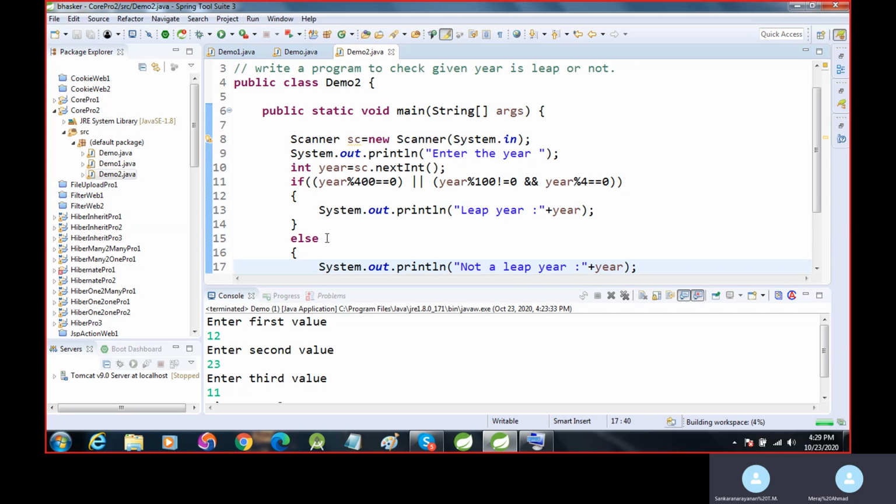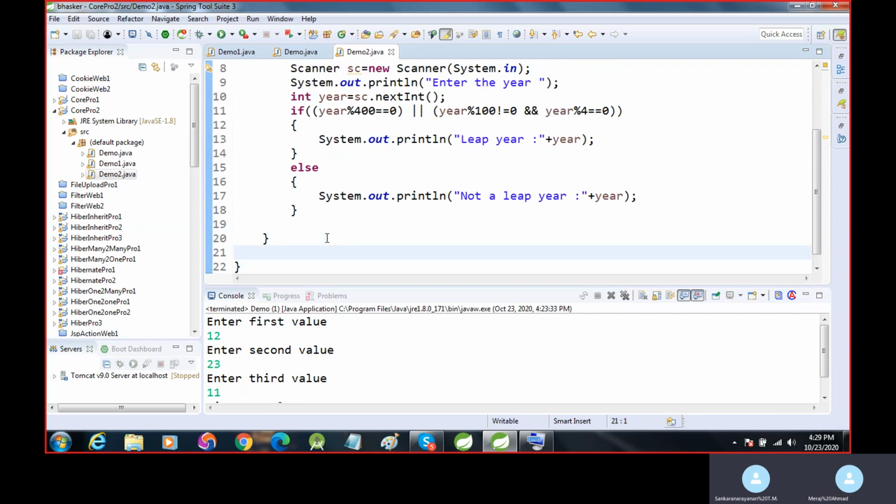Actually, I know our Earth takes 365 days for the whole year, but it actually takes 365 days and 6 hours plus some minutes. I don't know the exact minutes.